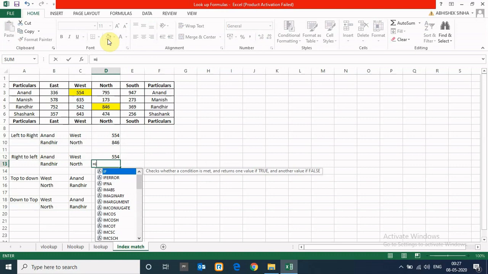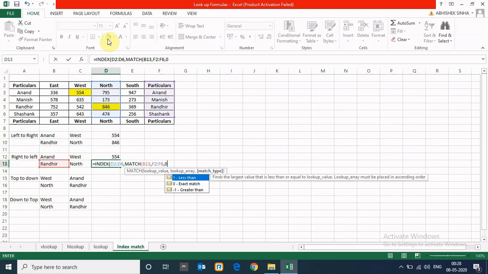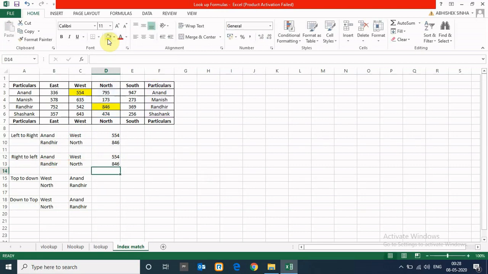And same for index result array is north. So north, comma match, comma lookup is Randhir, comma 0, bracket close, comma 0, bracket close. So similar results. So this is how we can use index match from left to right and right to left.